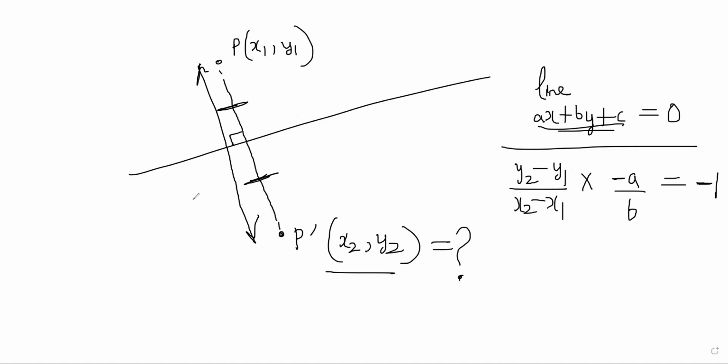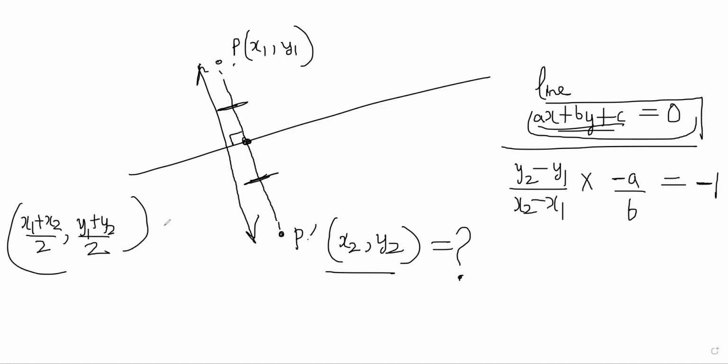And we can also say that if p and p dash are reflections of each other, the midpoint lies on this line, right? The midpoint of p and p dash will be (x1 plus x2) by 2, comma (y1 plus y2) by 2. It also lies on a perpendicular line. That is obvious, but that will not give us a new condition because we have already done midpoint. When you write midpoint, it's already lying on the line here. That will not give us anything new.